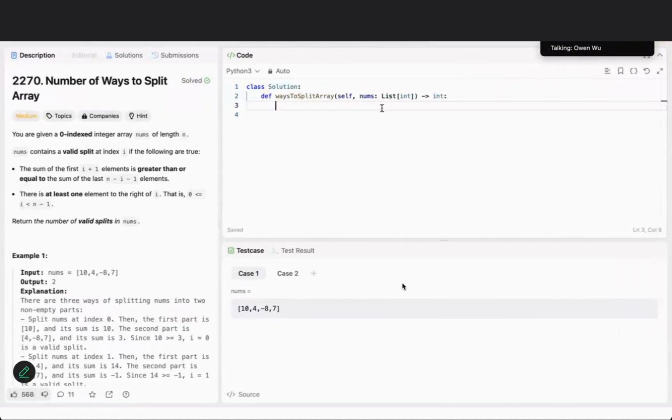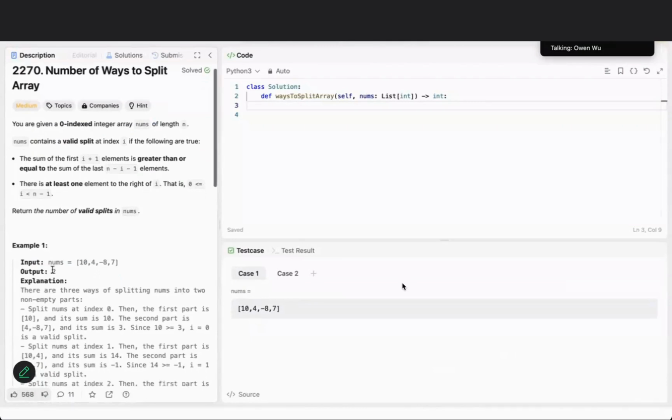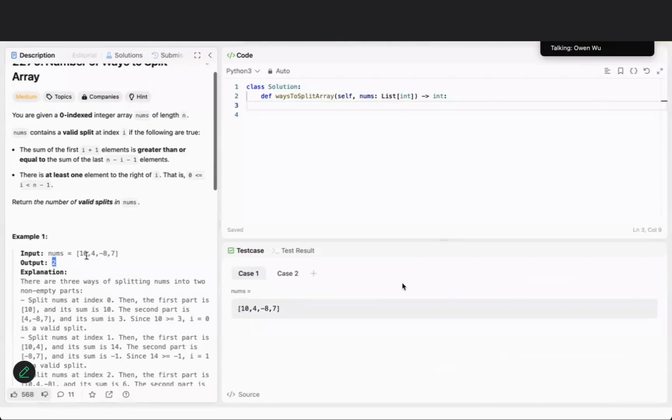Okay, today we're going to solve LeetCode number 2270 called Number of Ways to Split an Array. You're given a zero-indexed array, nums of length n, and you basically want to know how many ways there are to split the array so that the left sum is bigger than or equal to the right sum at each index. So, for example, this has two splits because when we're on index 0,